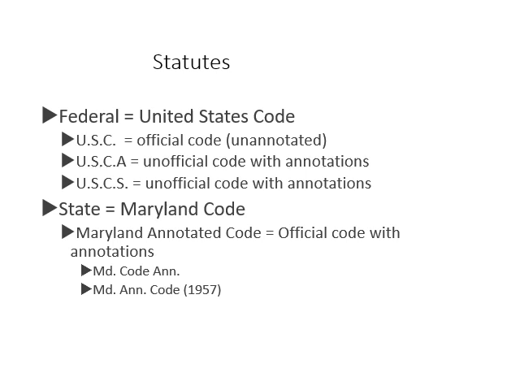It has the actual language of the statutes, just like the United States Code USC does, but the United States Code Annotated and the United States Code Service are two unofficial versions, and they contain annotations, which are secondary authorities that are added to the statutes to help you further research the materials and understand the statutes better. The Maryland Code only has one official code, and it also includes annotations. So one publisher has decided to publish Maryland statutes, and it has decided to annotate those as well. You'll see the Maryland Annotated Code referred to as the Maryland Code Annotated or the Maryland Annotated Code.